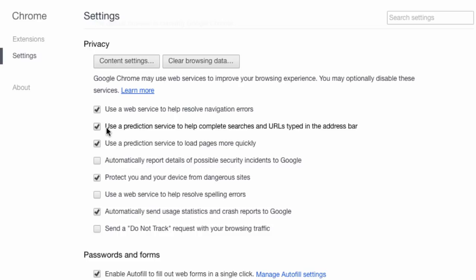You'll notice that if you've never used Chrome before, when you start typing, it'll predict what you're going to type. Well, that helps you complete your search more quickly, I feel. So I like that default. It also uses it to load pages more quickly. You can have a read through these on your own, but it's important to know that privacy is in your